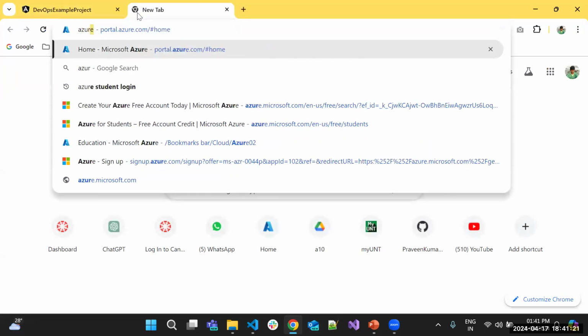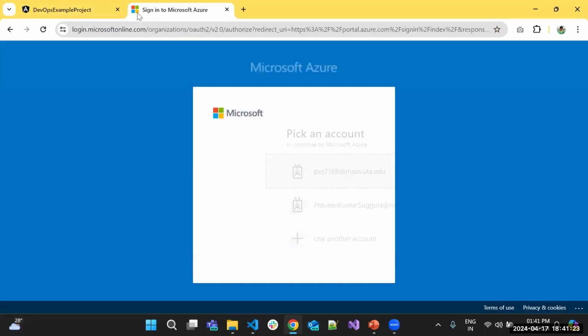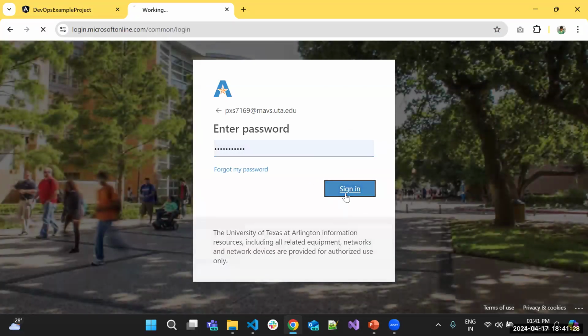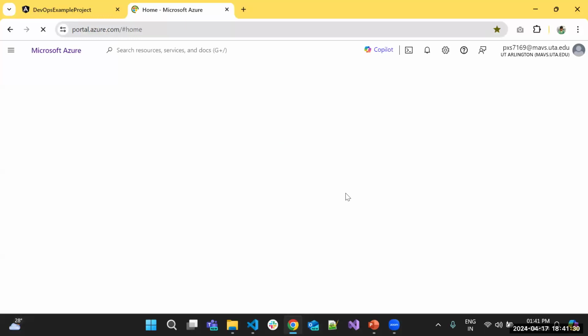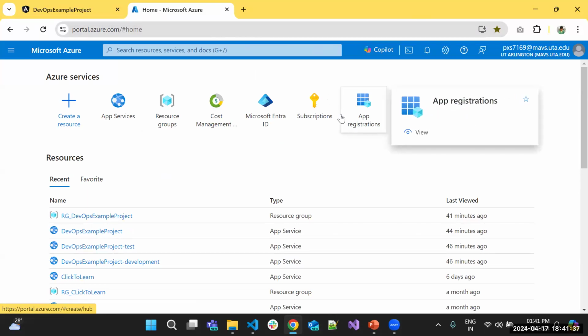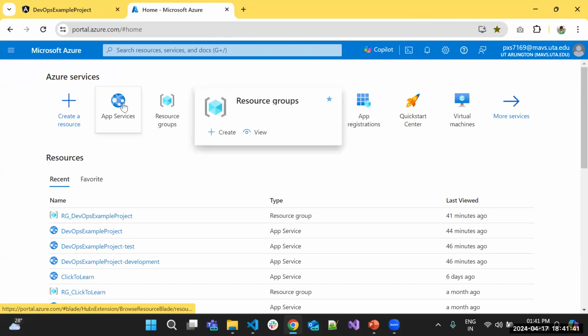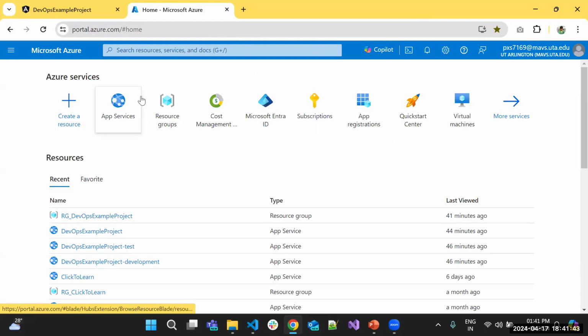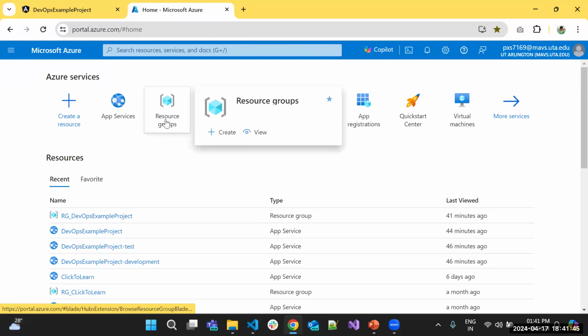But in the Azure portal, I have 3 web servers. This is my Azure portal, which I created with my college mail ID for a free trial version. We have resource groups and app services. These 2 services we are concentrating on. A resource group is like a folder